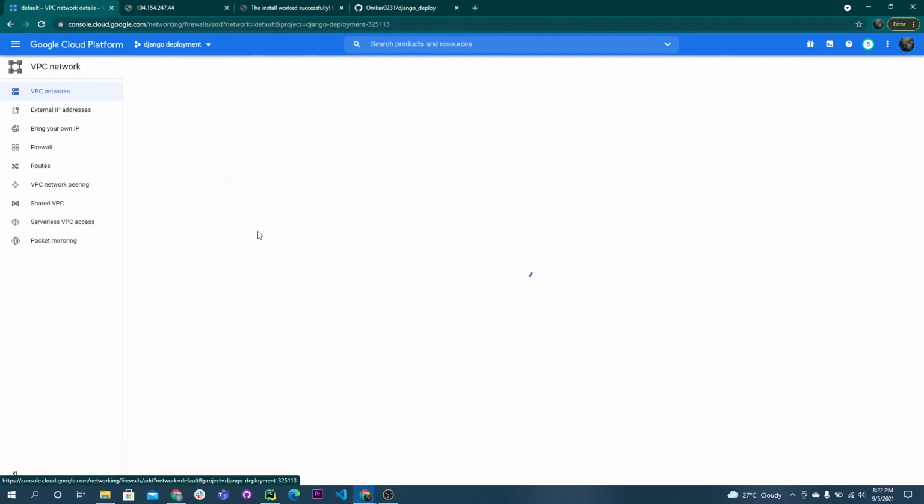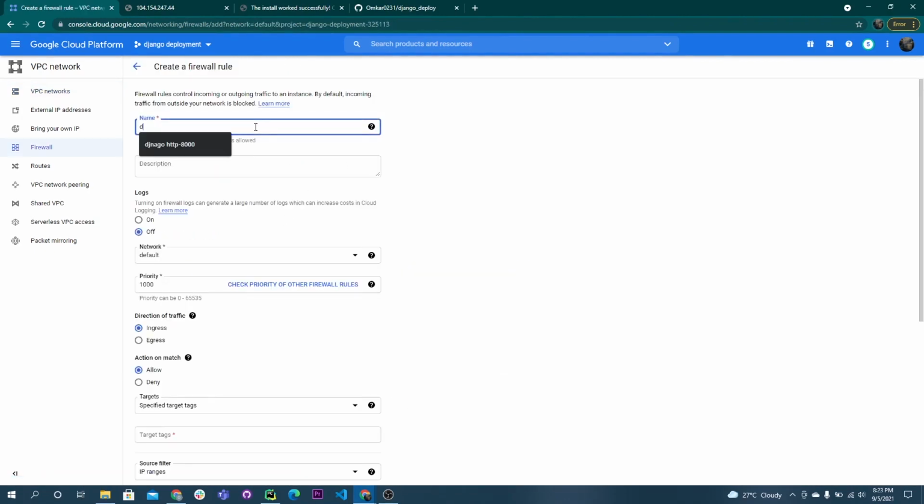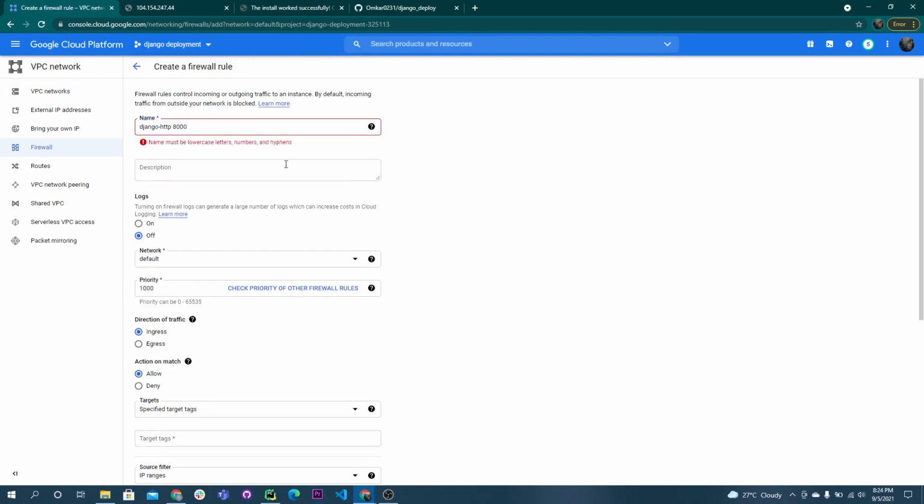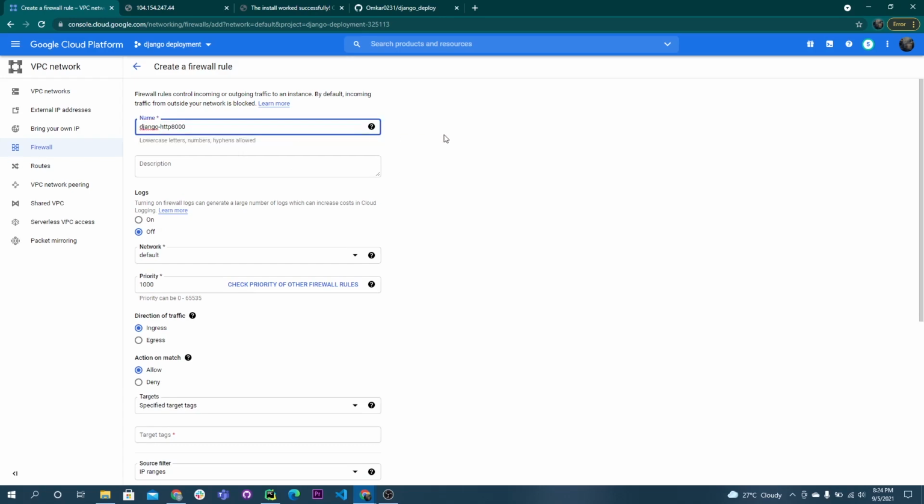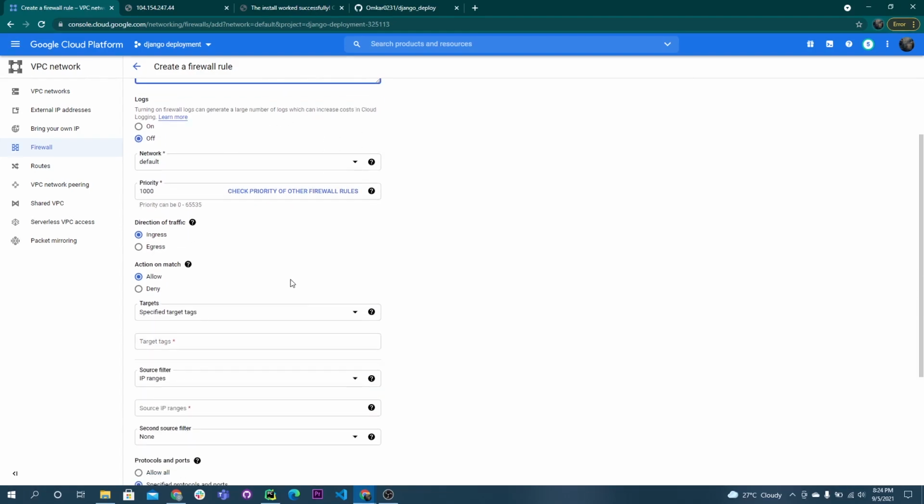Here we need to add a firewall rule and give the name django-http-8000. We shouldn't give any spaces in the name. Here you can give any description or you can just leave it.